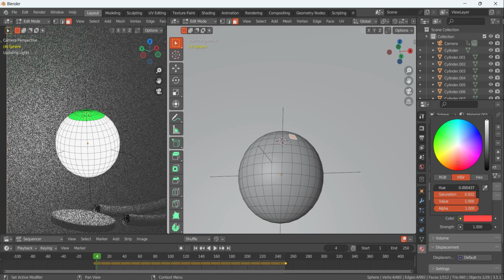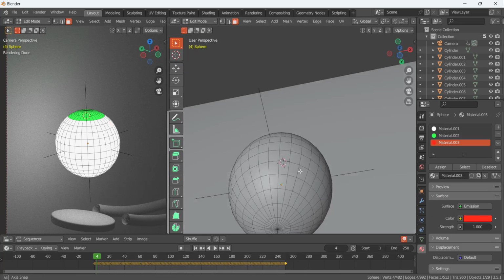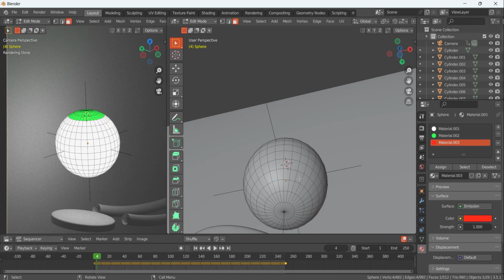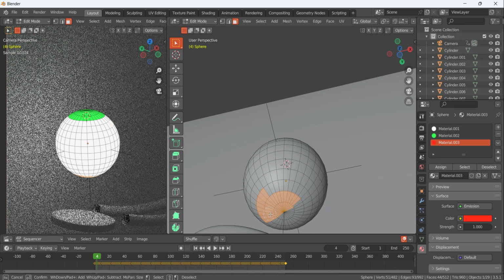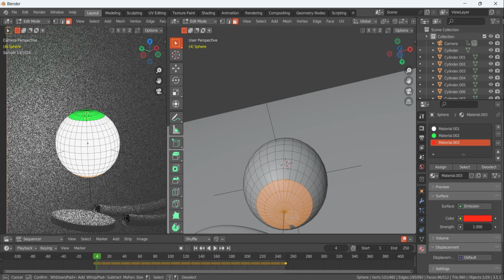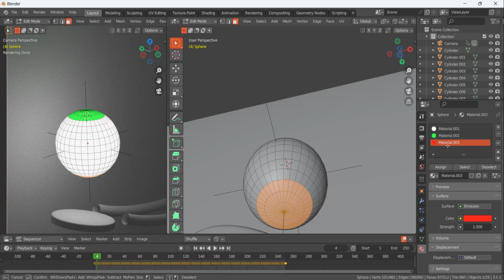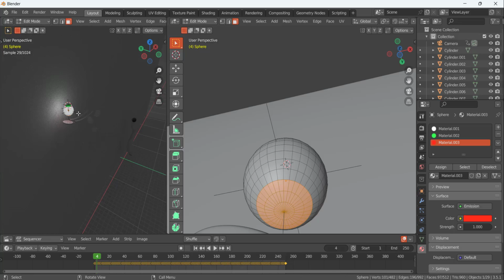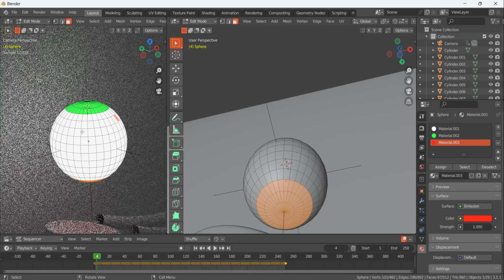So this red, and for this one, again press C. So C is basically we have this selection, like that, all of these faces, and assign it to this red material. So here you can see,